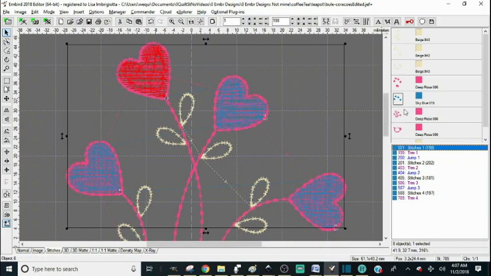So we have our object selected. This is the item. We want to know where it starts because we want to see the tie-on. We want to make sure there's a tie-on. Whatever reason, it's stitch number 1 through whatever. We'll just go 1 through 5. So we have 1, and then in here we put 5, and